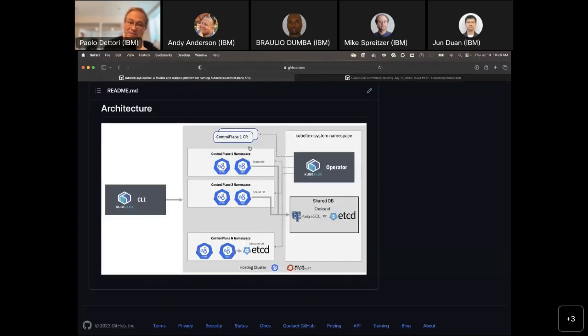Once it's ready, it will also retrieve the kubeconfig for that particular control plane. It is stored within the namespace for that control plane, in a secret that contains the kubeconfig. It will retrieve it from the secret, and merge it into the existing context that you have, similar to what you have when you're